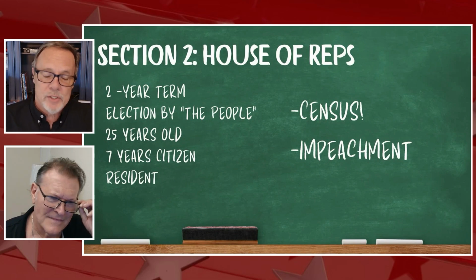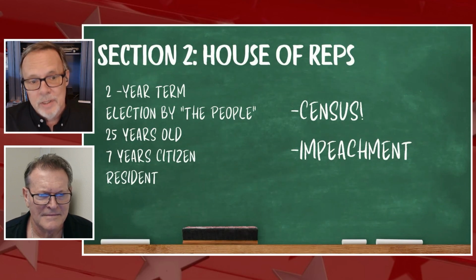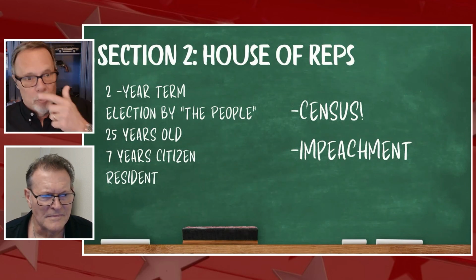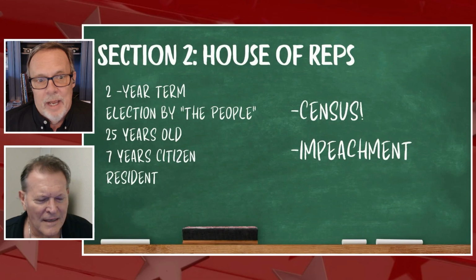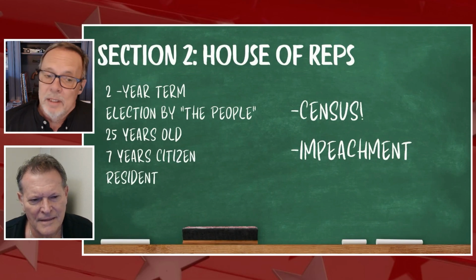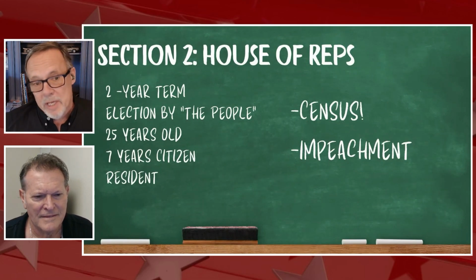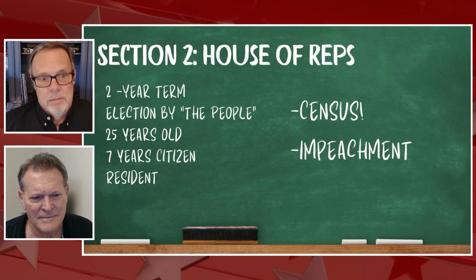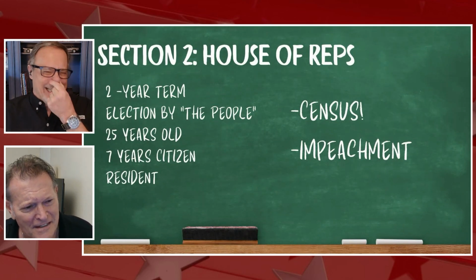Part of Section 2 says, hey, we're going to have a census every 10 years, and based on the population of each state we're going to choose the number of representatives, not more than one for every 30,000. Now, if you're math inclined, you'll figure out we had to change that pretty quickly, because if we had one representative for every 30,000 citizens, we would have almost 11,000 congressmen. My goodness, man, come to your senses.